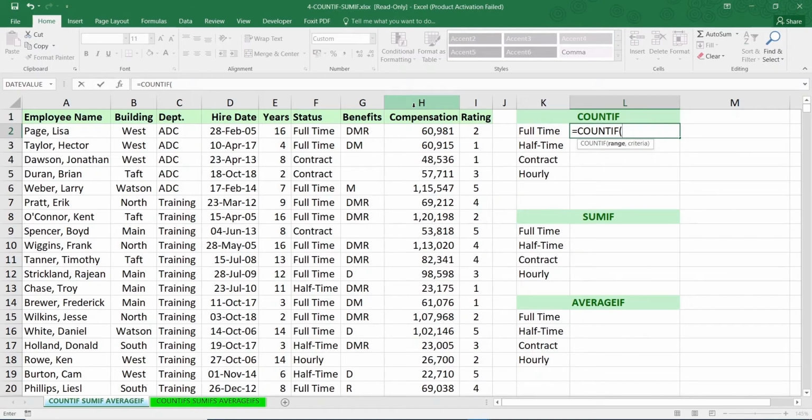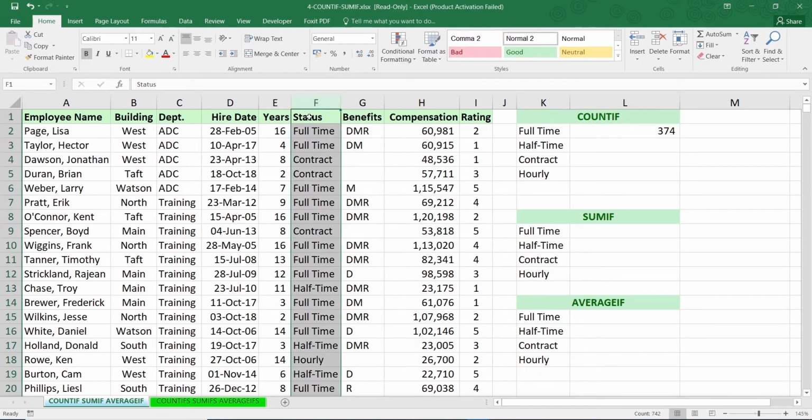That is very important to remember: COUNTIF, SUMIF, and AVERAGEIF all work on the basis of one particular criteria. Okay. So say, for example, in this case, I want to calculate the total number of employees. This is our employee table. We have employee name, building, department, hire date, all of these details. In this given table, I want to calculate the total number of employees who have their status as full-time. So I selected the range that I want to count, and I put in a criteria. The criteria is that it should be full-time. I press enter and I get the answer as 374.